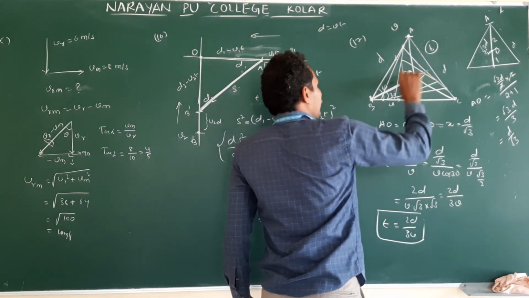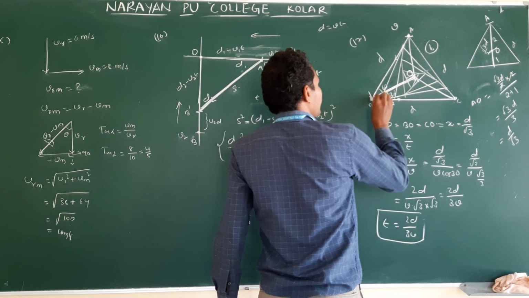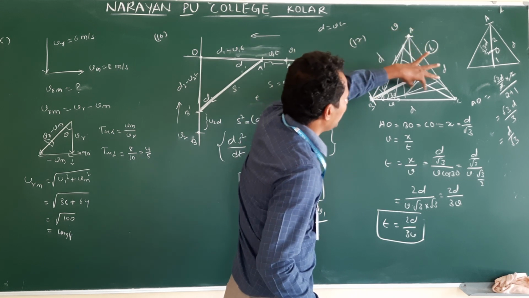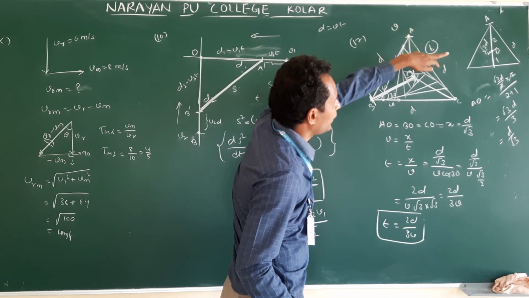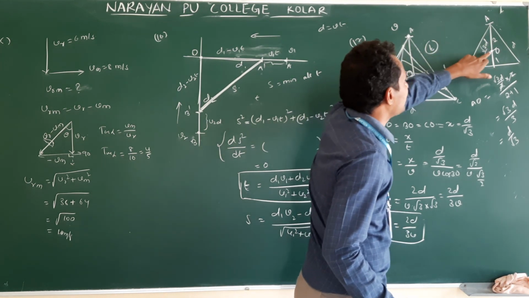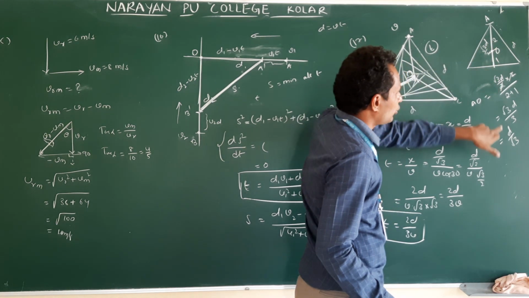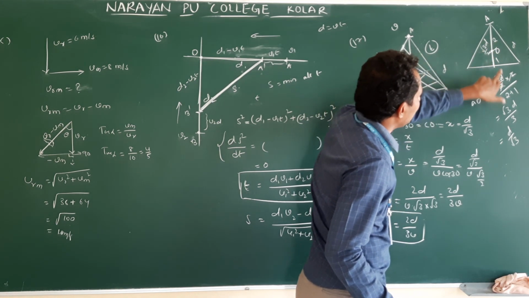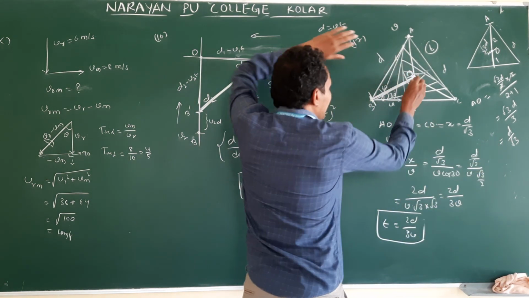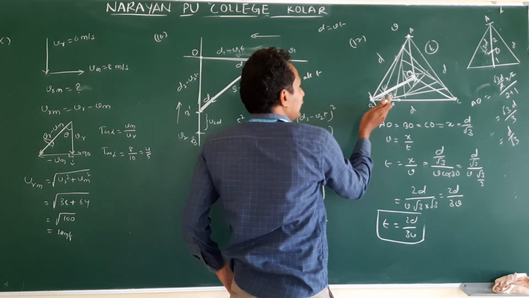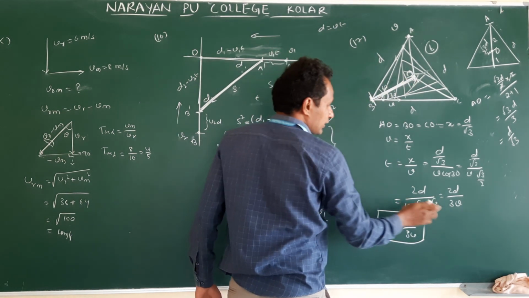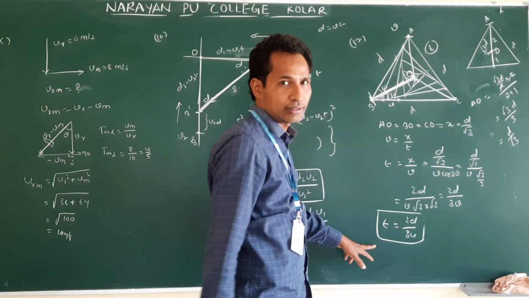Very simple. This is the final displacement. We actually calculated BO, AO and CO. This total length is root 3 d by 2, which you will learn in mathematics. Clear? Already learned, you will see it again in mathematics. The centroid cuts this in a 2:1 ratio. So the portion we calculated is d by root 3. Along this displacement we need to take the velocity. This displacement makes a 30 degree angle, so along this displacement we resolve, that is v cos 30. Substituting, we got the time.